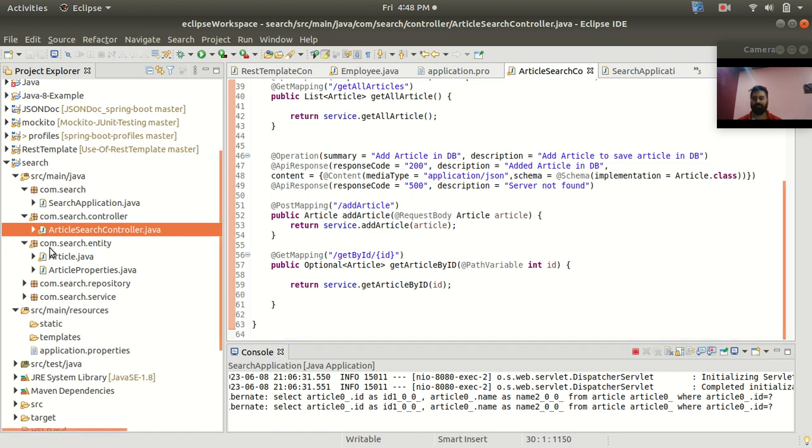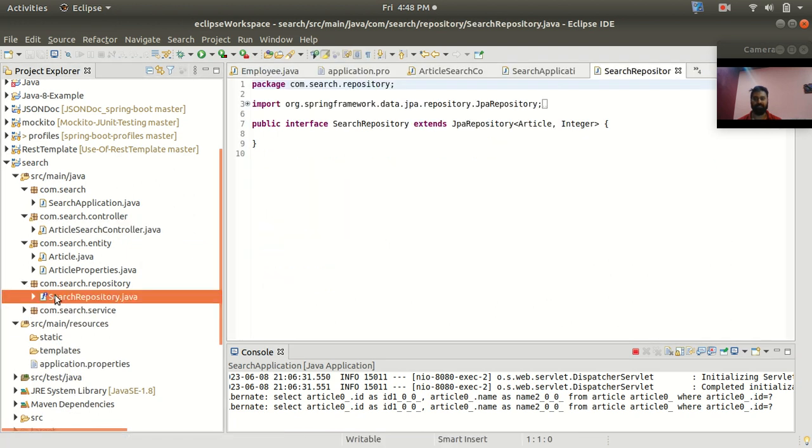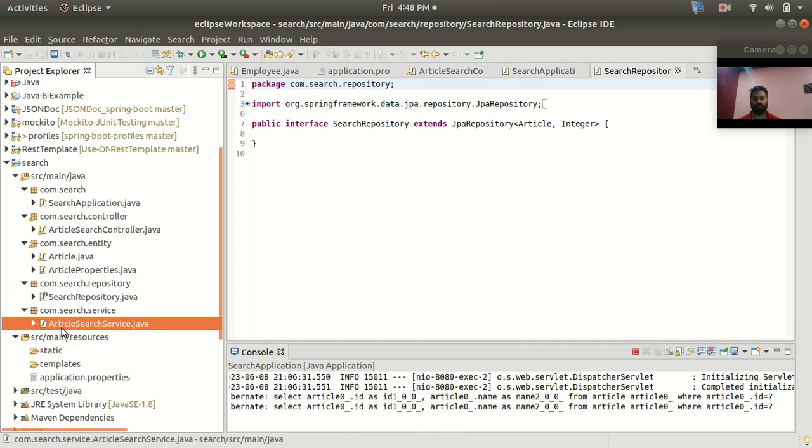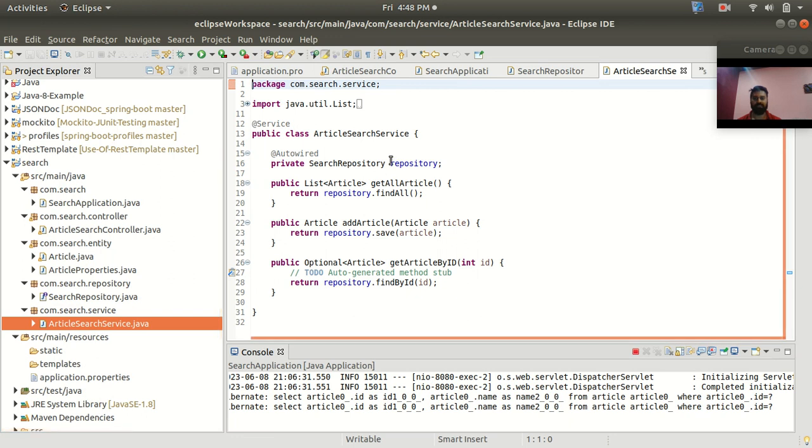And in a similar manner we have the repositories also, you can see. Basically here we are using JPA for connecting with the database. And also we have one service class, that is the article service class, in which we have defined methods like find all, save, and find by id. Okay, so now we are going to see how we can read